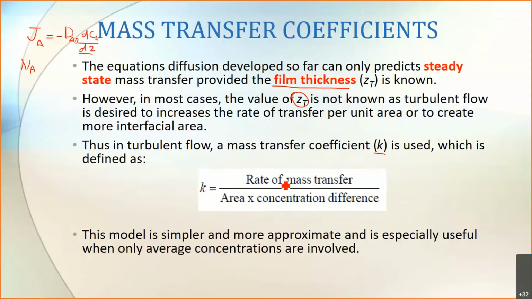And some reference books also say that this model is simpler and more appropriate and is especially useful when only average concentrations are involved. Meaning the same thing here, that when we only know the concentration and we still want to find the rate of mass transfer, when we still want to find the flux of mass transfer, molar flux or mass flux, it is better for us to use this K value. Now,